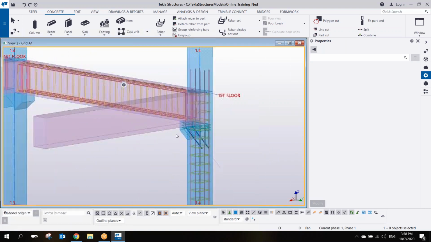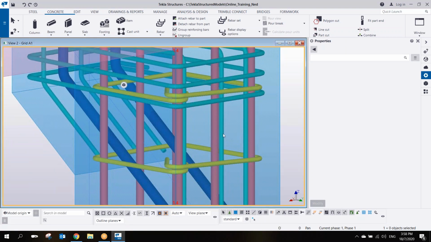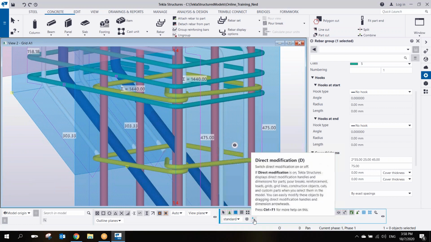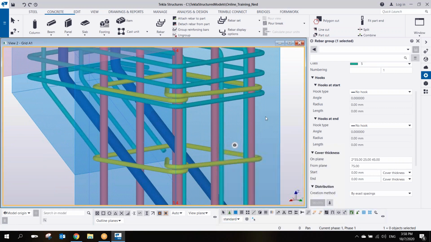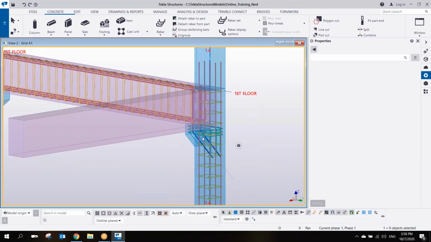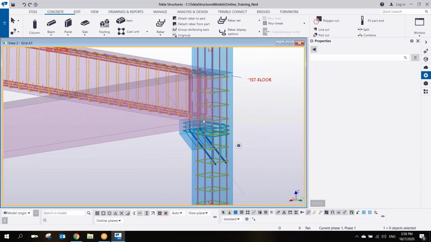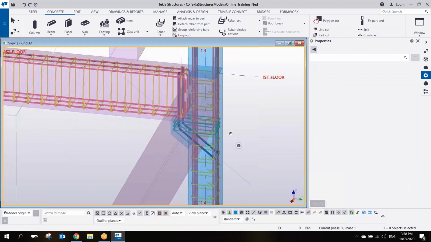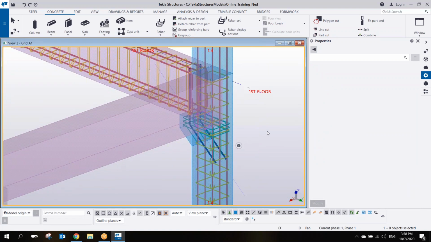Okay, got it. So this one, you can use the direct modification, right? Okay, so kindly try that one,